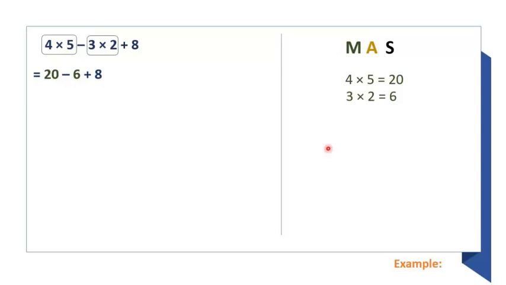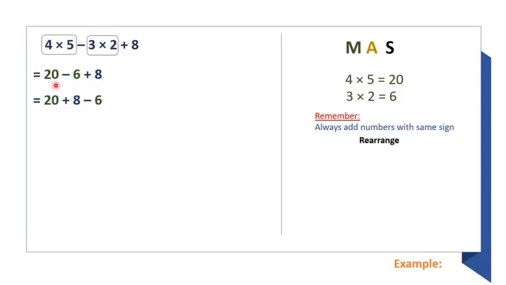No, we cannot. So we must remember, always add numbers with the same sign. Once again I repeat, always add numbers with the same sign. So here if we see 6, it's with a minus sign and 8 is with a plus sign. So I cannot add minus 6 and plus 8 as they possess different signs. So what needs to be done? We need to rearrange. Children, we need to rearrange. So we'll rearrange it. So this becomes 20 plus 8 minus 6.